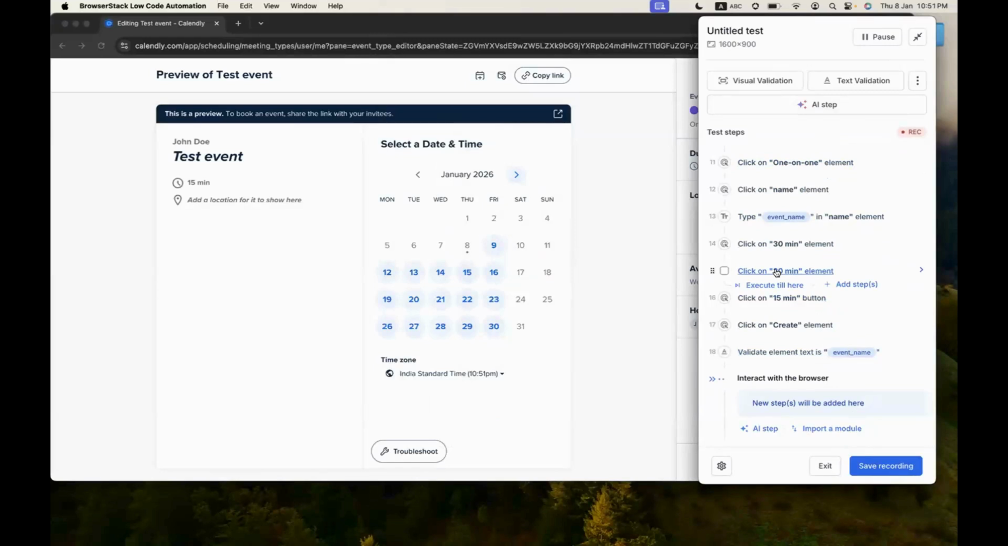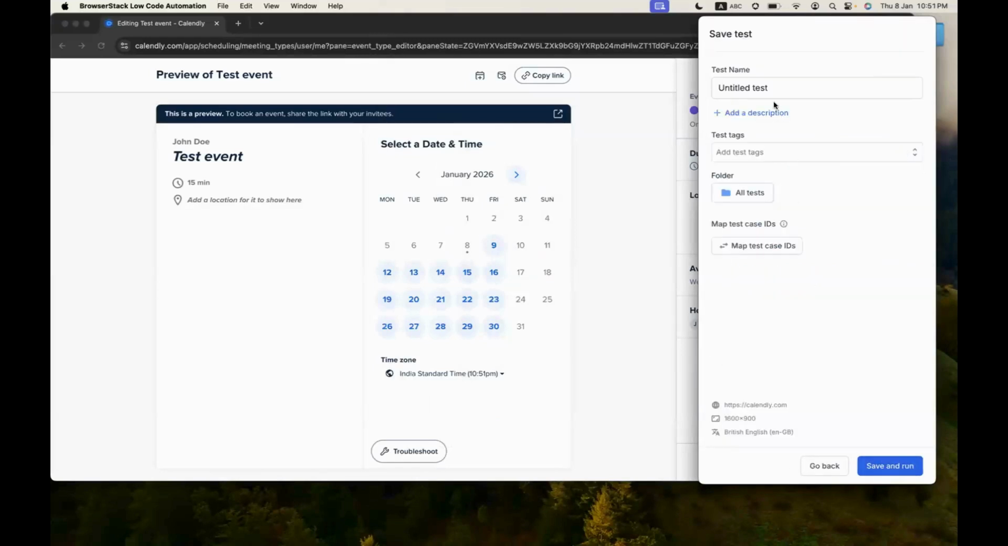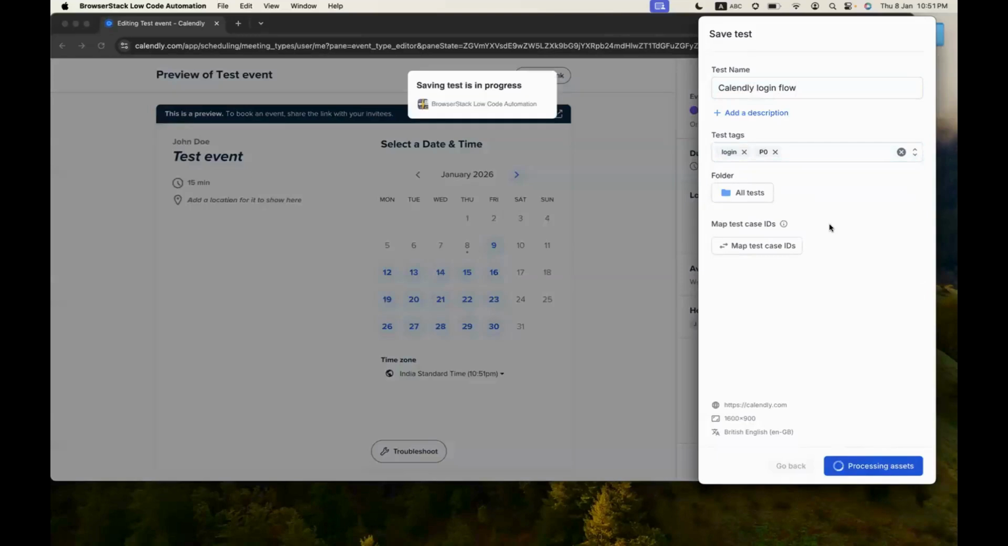So that's how seamless it is to record an end-to-end flow using the recorder. I'll just hit save and give this a name. You can even assign tags, let's say login, or you can, let's say, give priorities, right? So as soon as you hit save and run,